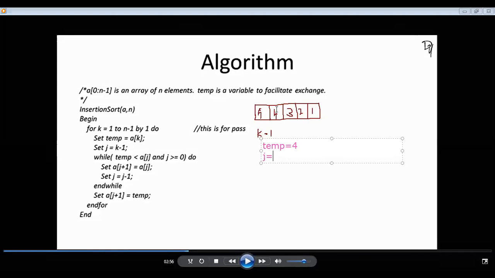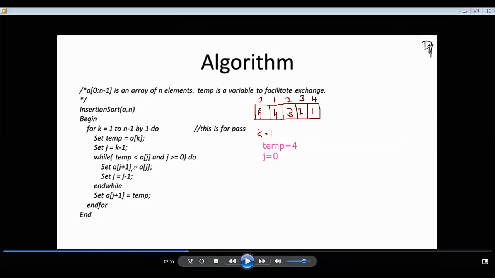And from where do I have to start checking? The before position. From the before position I have to start. So j is k minus 1, nothing but 0, right? We will add array index also: 0, 1, 2, 3, 4, right?